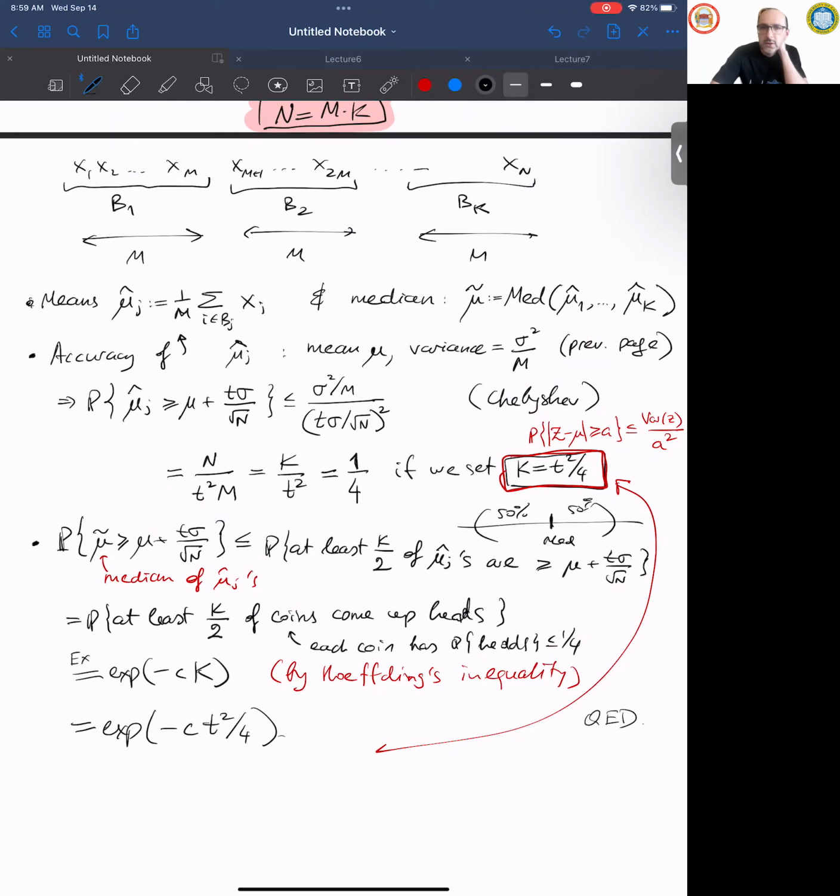Okay, let's look at the question. From the chat, Karina is asking, if we have a small data set, is it possible to select k blocks of size m each, but with random repeats? What does it mean by random repeats? Karina, you can speak up or type. So she means sample with repeats. So it's possible to select the same value for different blocks. Oh, yeah. I got it.